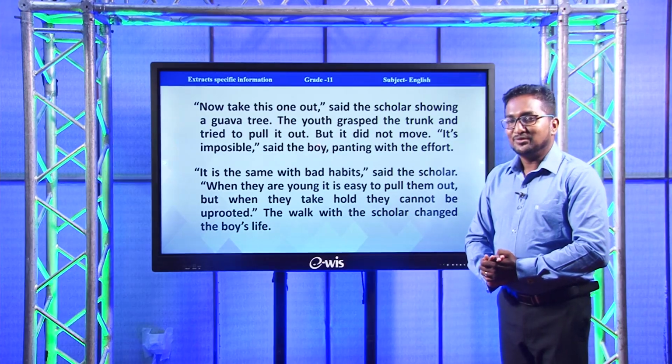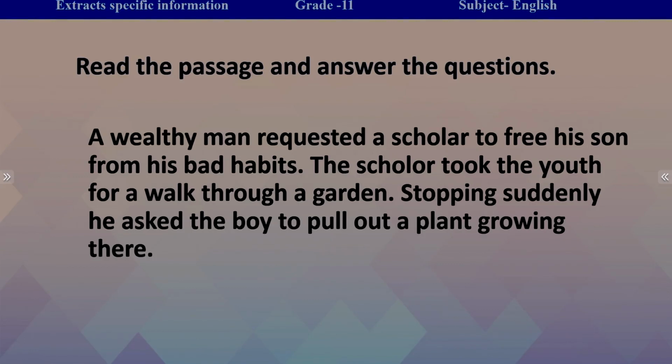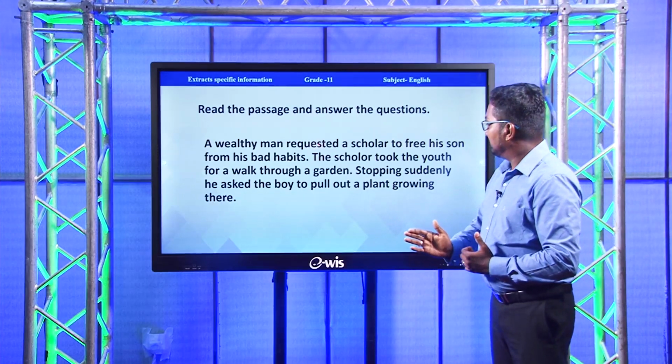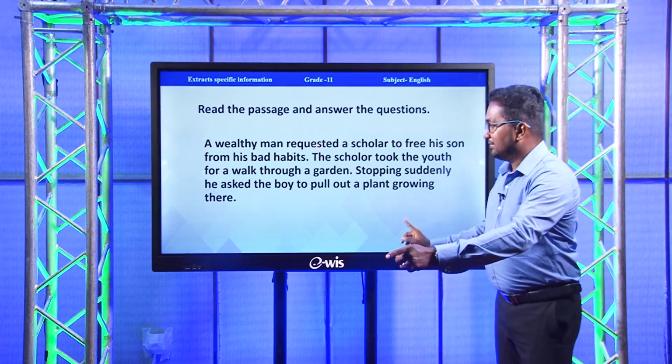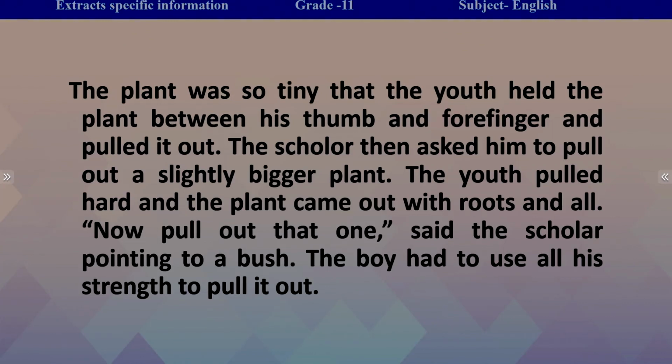Now, you can find the answers. Shall I help you? A wealthy man requested a scholar to free his son from his bad habits. Yes, a wealthy man wanted to free his son from the bad habits. The scholar took the youth for a walk to a garden. Stopping there suddenly, he asked the boy to pull out a plant growing there. What type of plant was that? The plant was so tiny that the youth held the plant between his thumb and forefinger. As it was so tiny, the boy could hold the plant between his thumb and forefinger